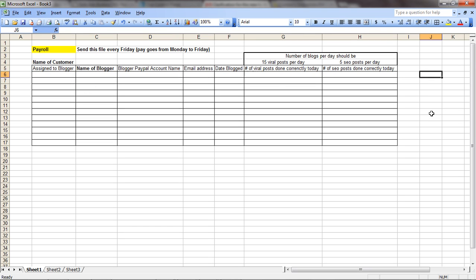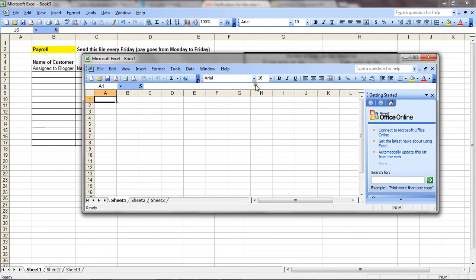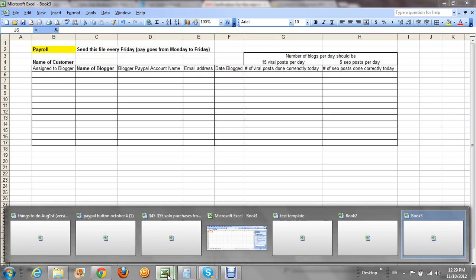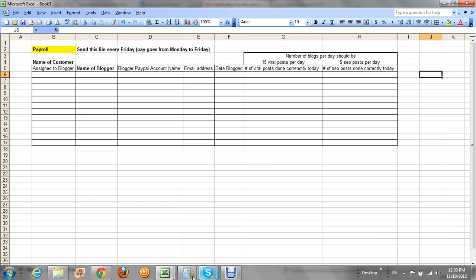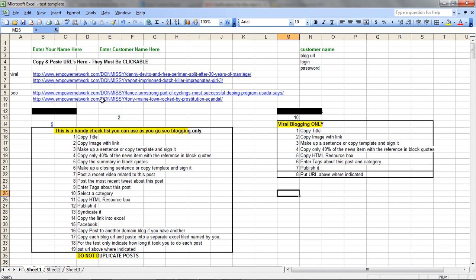once in a while I'm going to have another person that I'm going to be hiring actually is going to be auditing your audits. So you're going to have to save all of those files that are sent to you each week, all of the audits that you get, all of these files that your blogger sends to you each week, each day. I mean, all of their reports that they send to you, all of these, the list of all of their blogs they did for